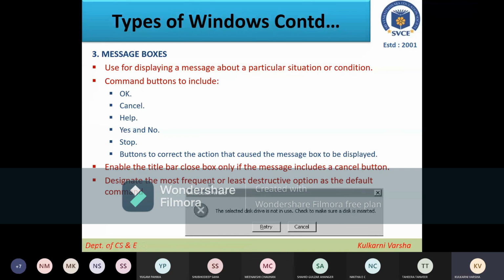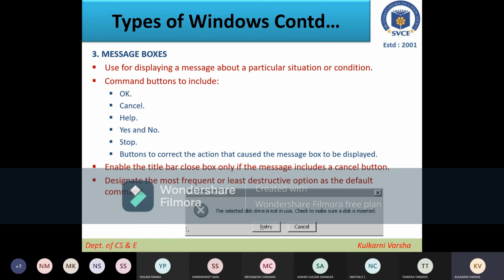Enable the title bar close box only if the message includes the Cancel button. That's true. And designate the most frequent or least destructive option as the default command.